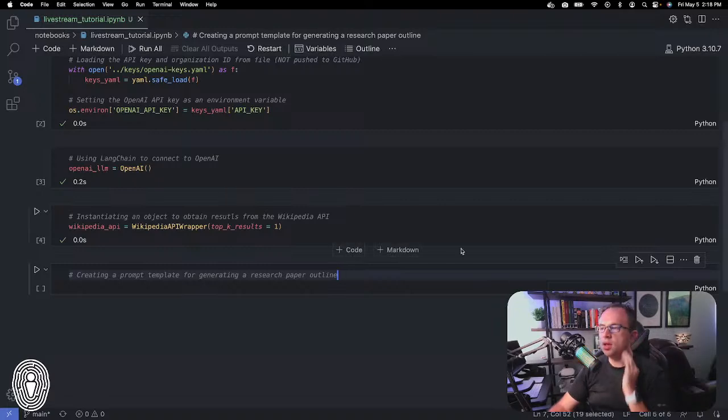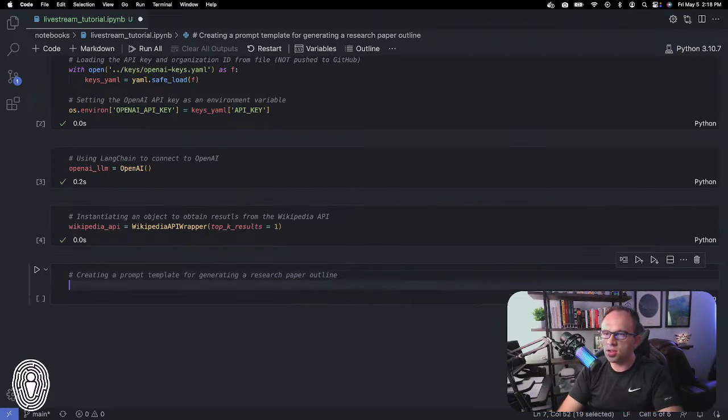Okay, so we're going to take the research paper outline. What we want the outline to do is have an introduction, a body, and a conclusion. The introduction and the conclusion are pretty self-explanatory, but as far as the body goes, we want to grab the 3 most important events of that person's life and have the body of the research paper be that. All right, so we're going to call this research paper